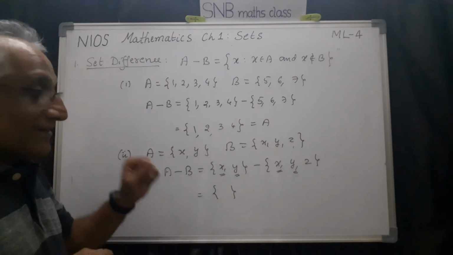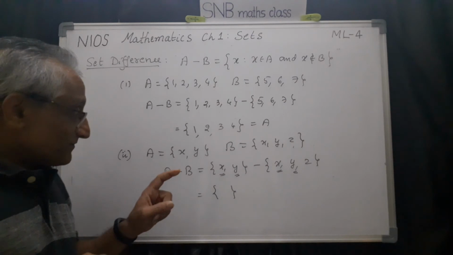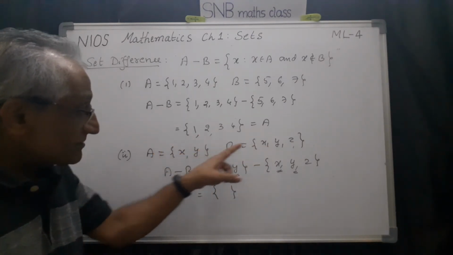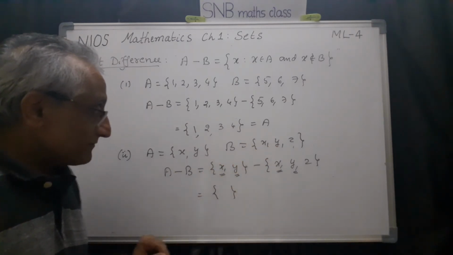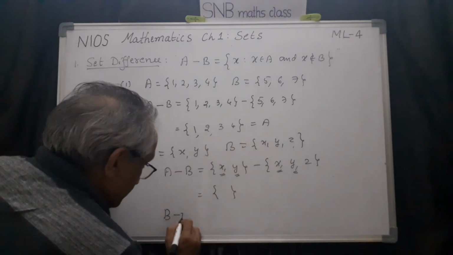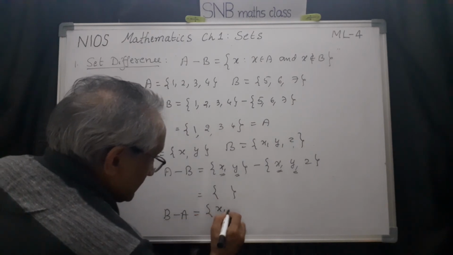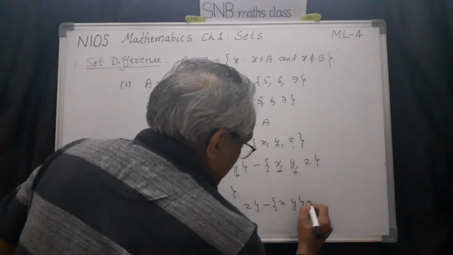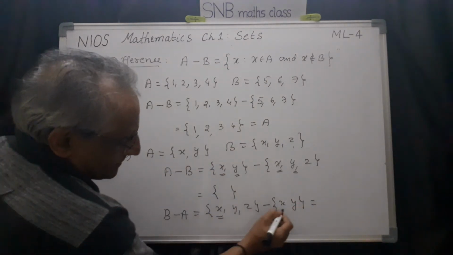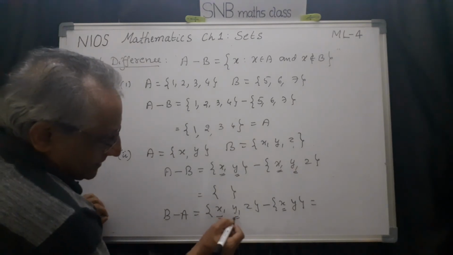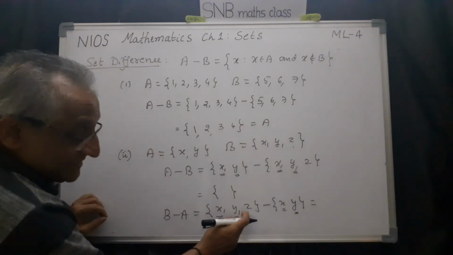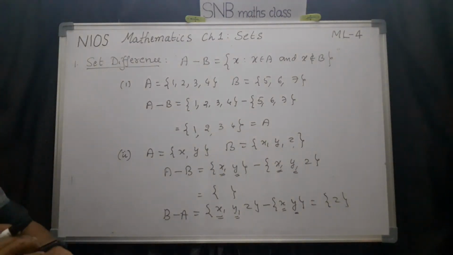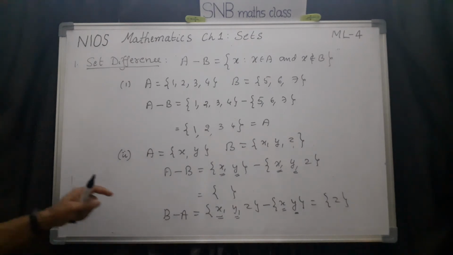So this is phi. There is a special observation you have to make. A is the proper subset of B, therefore all the elements of A are also in B. So when you take the difference, it is phi. But you can also see what is B difference A. See, B difference A is {x, y, z} minus {x, y}. Now here x is here, I have to remove. y is here, definitely I have to remove. But z is remaining, I have to write z. So this is how we can find the difference.